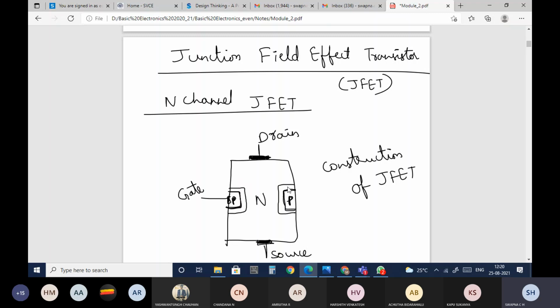The depletion region I'm showing here, this one and this one, is nothing but the depletion region. And this is your drain terminal, this is your gate terminal, and this is your source. So these are the three terminals of this JFET.